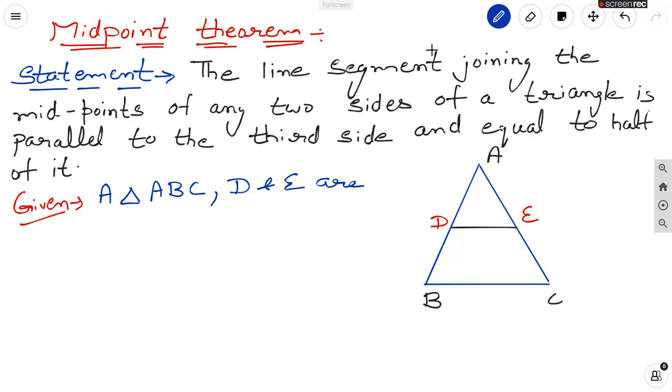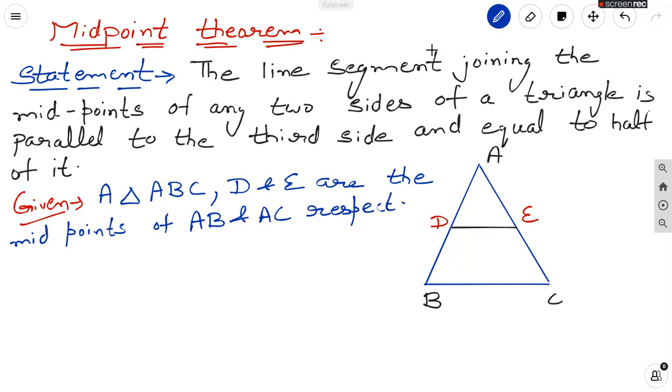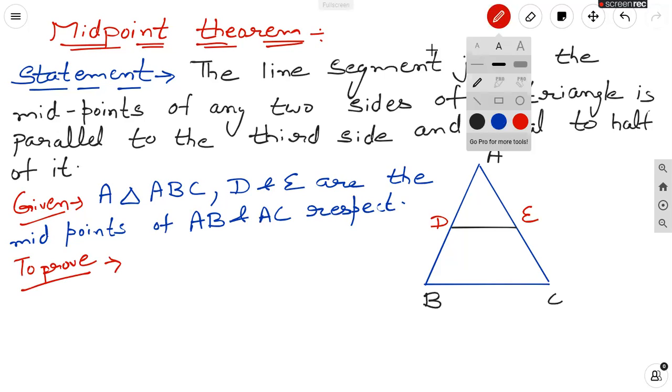So given a triangle ABC in which D and E are the midpoints of AB and AC respectively, right? Now the next part is to prove. What we have to prove